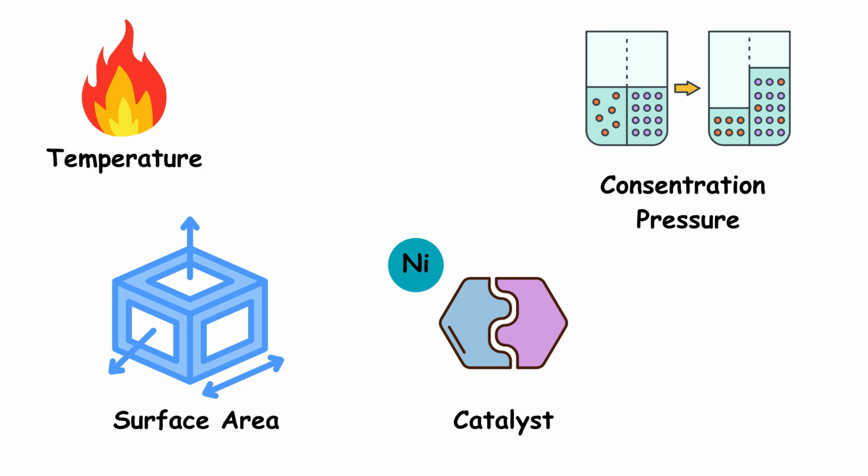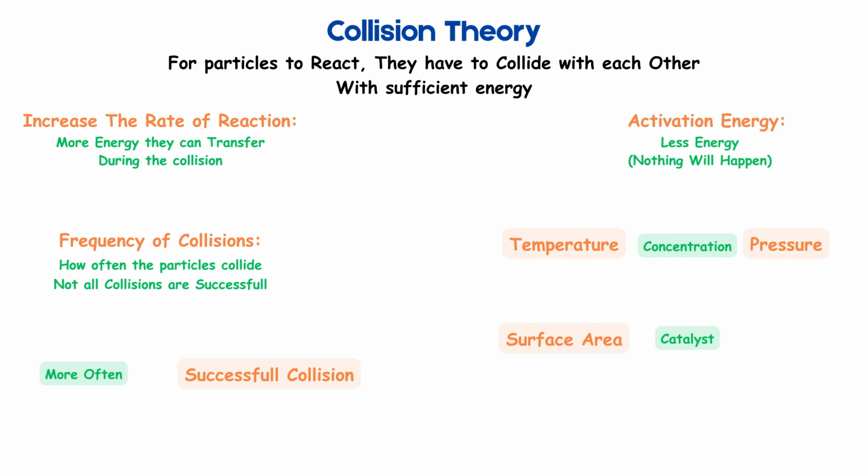In today's video, we're going to explore the factors that influence the rate at which chemical reactions occur. These key factors include temperature, concentration or pressure, surface area, and the presence or absence of a catalyst. However, before diving into how each of these factors works, it is essential to understand the theory behind chemical reactions,